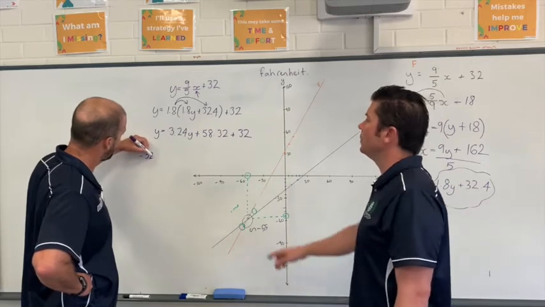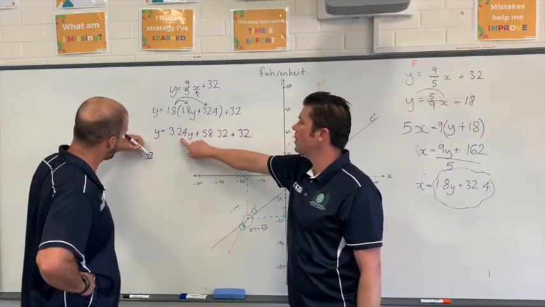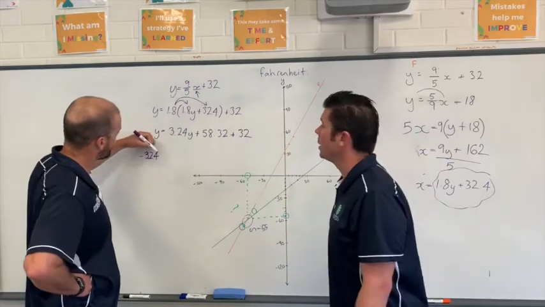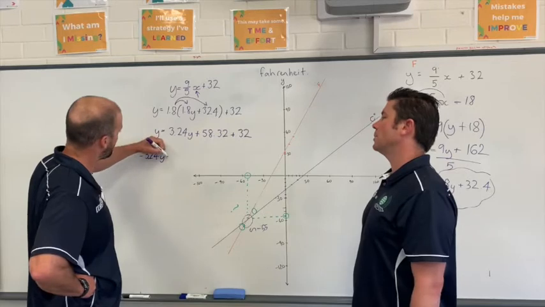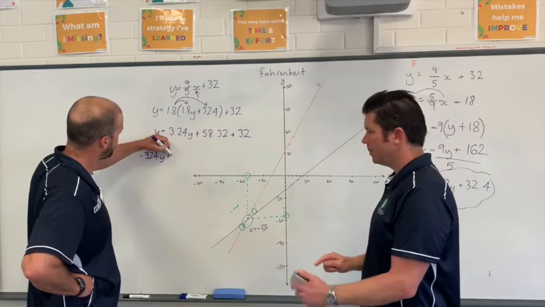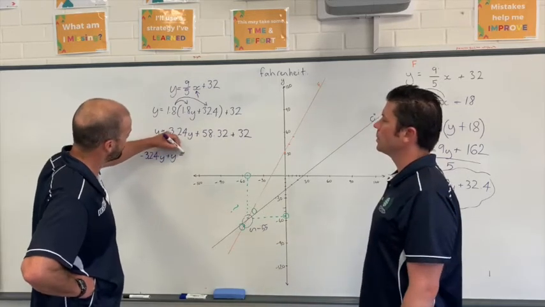Negative 3.24y. This is where decimals get crazy, but it's all right. So 3.24y, plus y, equals